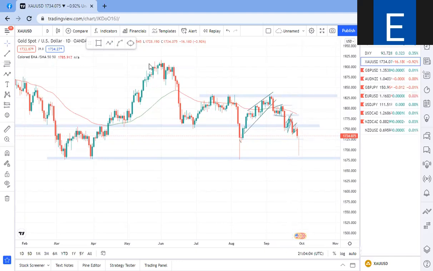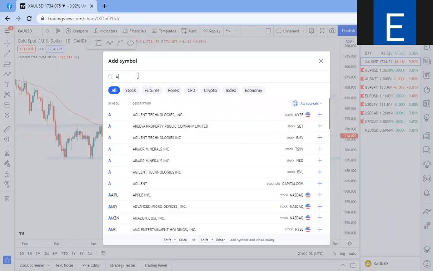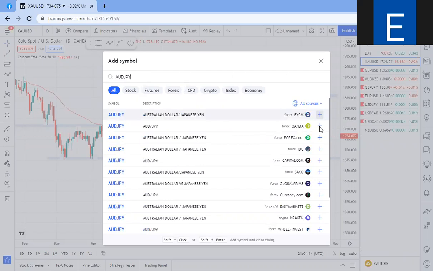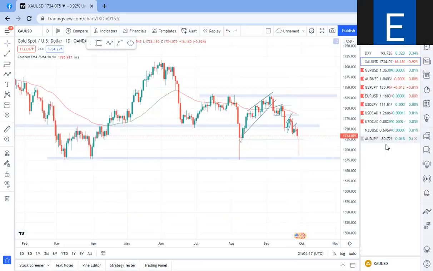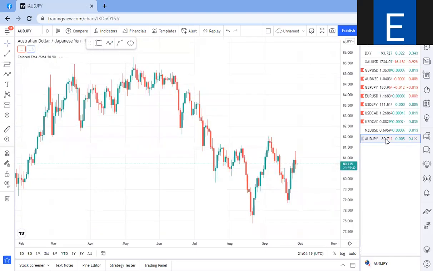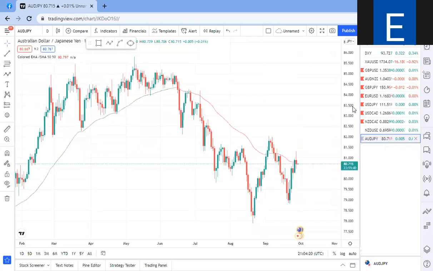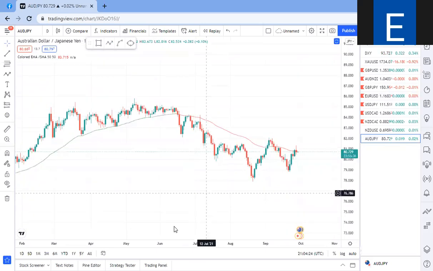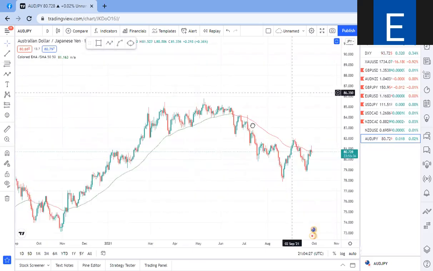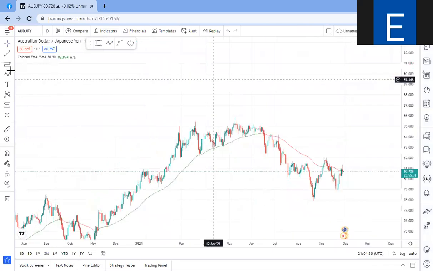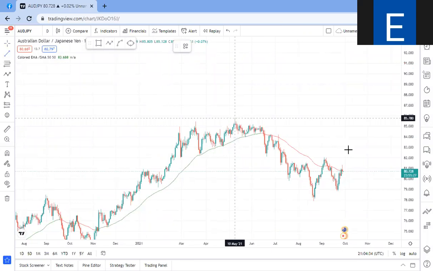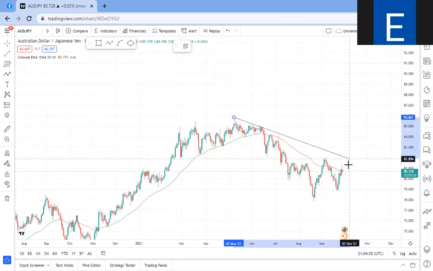Like, let me just show you an AUD/JPY trade. I anticipated AUD/JPY. I anticipated this analysis, but I was looking for sniper entries. Why? Because I saw other people giving super nice sniper entries, and I thought I needed to get a sniper entry. If I'm not getting a sniper entry, that means I'm missing out. But I forgot that I have a different trading system than they do. Just because they're having super sniper entries,